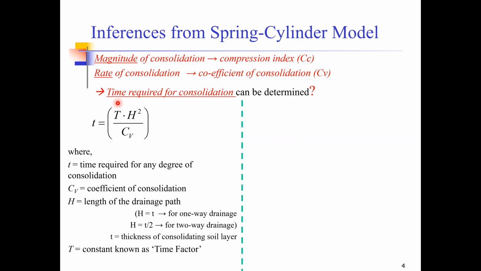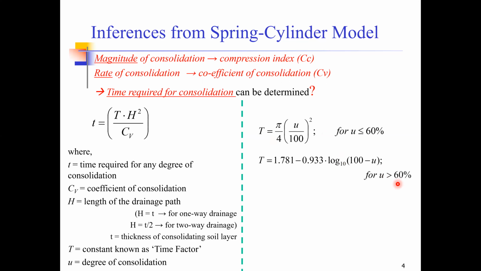This capital T, which is used in this equation, is a constant which is known as time factor. Now, what is time factor? Time factor can be determined by using this equation, and in this equation, it is simply pi by 4, U by 100 square. Now, what is U? U is a parameter which is known as degree of consolidation. So if the degree of consolidation is less than 60%, then we can determine time factor by using this equation. However, if the degree of consolidation is greater than 60%, we have to use this equation for the determination of